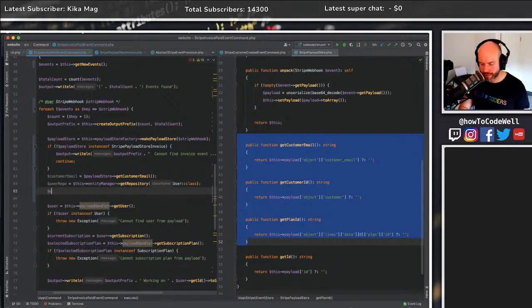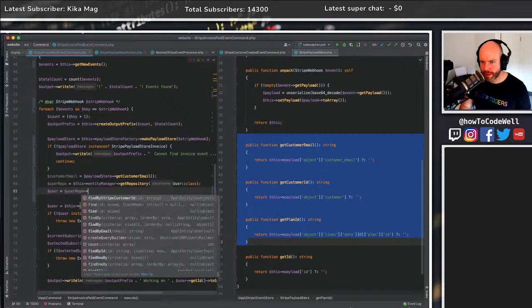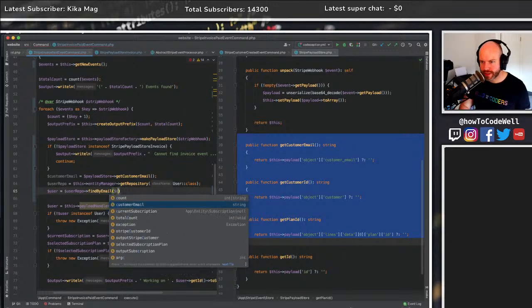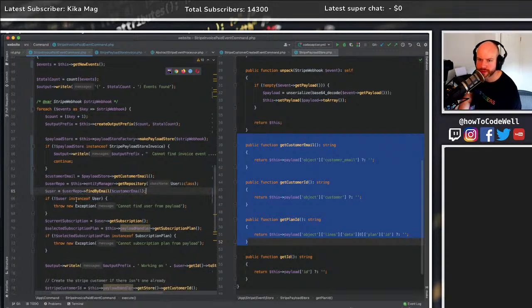User is equal to user repo find by email, which is the email that we've got with the customer email. That replaces this. I will refactor this and put this in things. Don't worry about that. So there we go. That now gets the user back, which means that we can continue getting our current